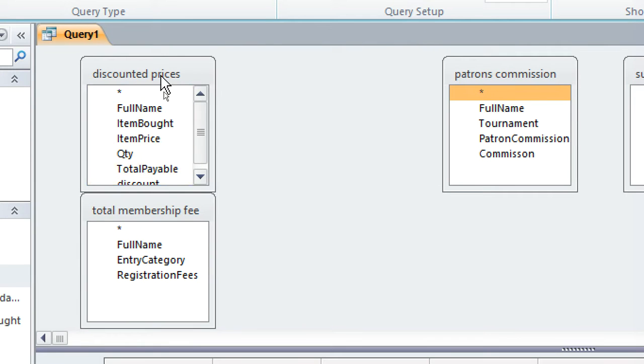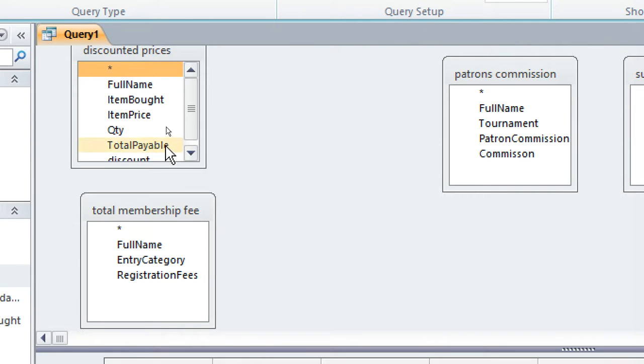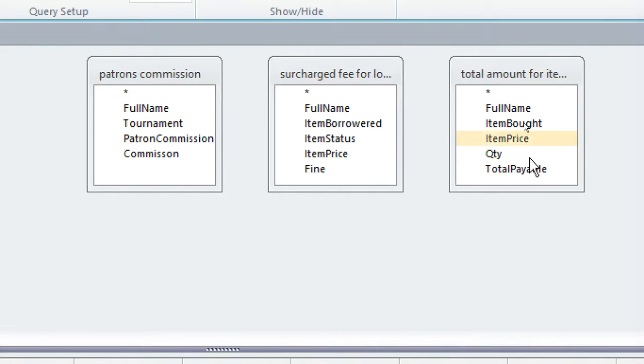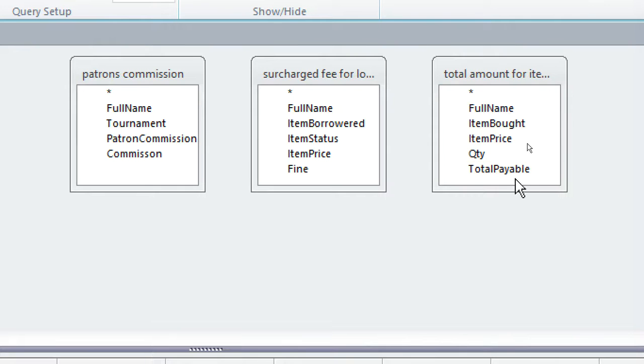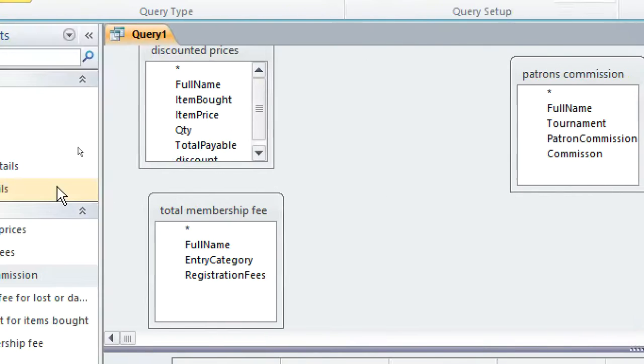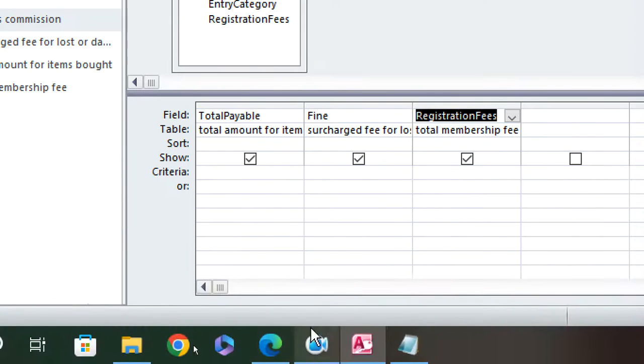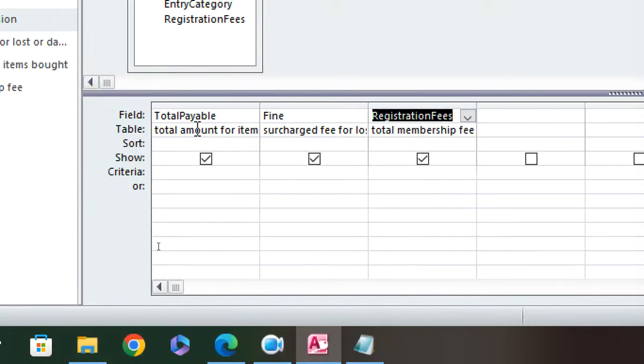So for that case, here I need to have, this one is not used. I will want to use the total payable here. Total amount, items, amount for items, full bottle. I can use total payable. Then I can use fine. Then I can use registration fee, total registration fee. Those ones I think they are enough. The total payable, that is the items I have sold, plus the fine I have charged the people, plus the